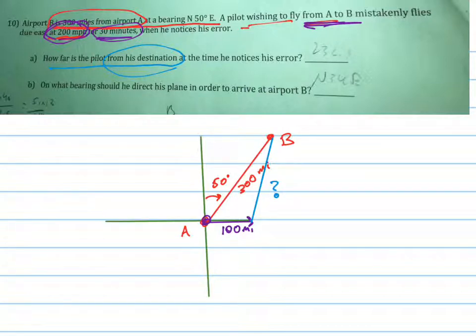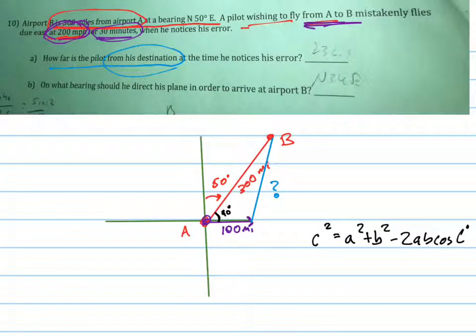Do I have a right angle anywhere in here? No, but I have some angles. Let's draw some angles in here. I know that this angle is 40 because the other one was 50. I've got an angle, side angle, so I have to use the law of cosines, because I don't have a side across from an angle. So the law of cosines says,